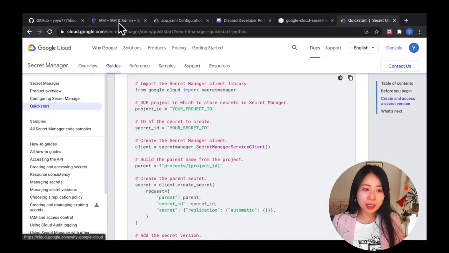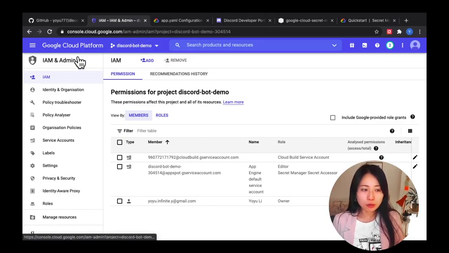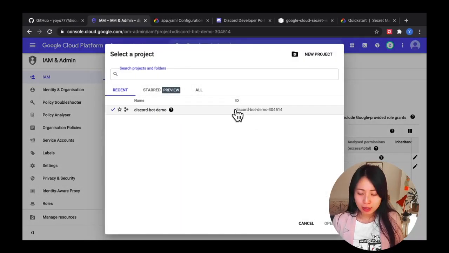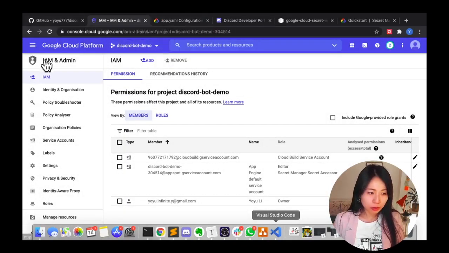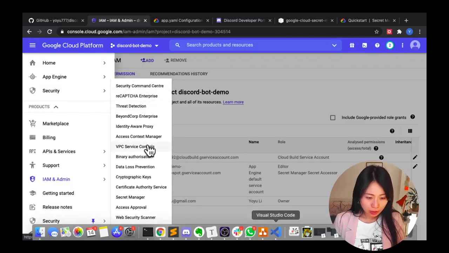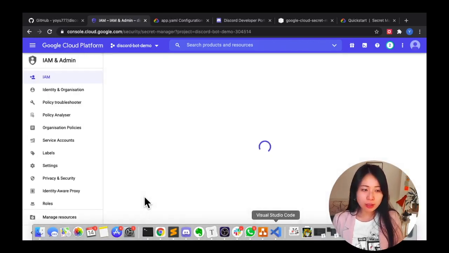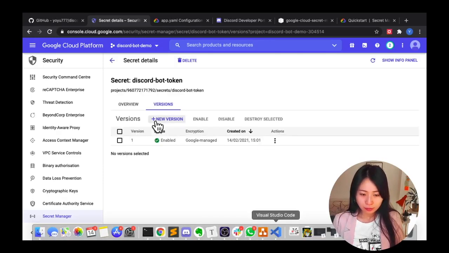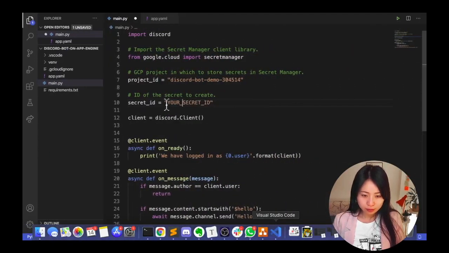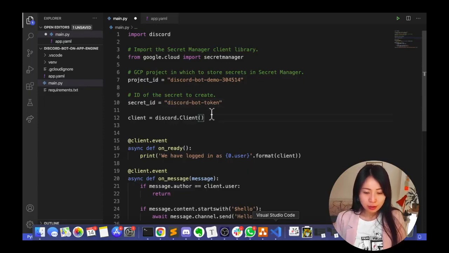So how to find my project ID? There are different ways, but one way is to go to your Google Cloud Platform console and click on the project name, and then you can see the ID here on the right hand side. So we just put the project ID here, and the secret ID. I know if this is your first time using Secret Manager, this may be a little bit confusing, because on the Secret Manager page, it actually does not tell me which is the ID. So I will just copy the secret name for now. Replace. And then